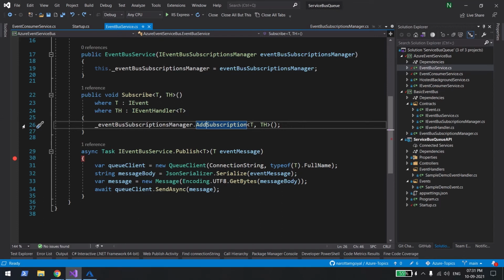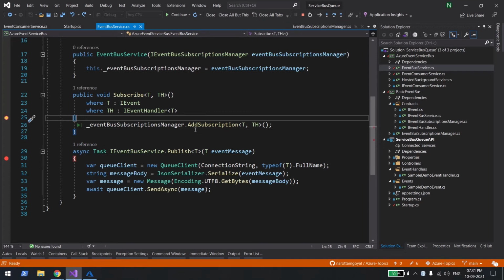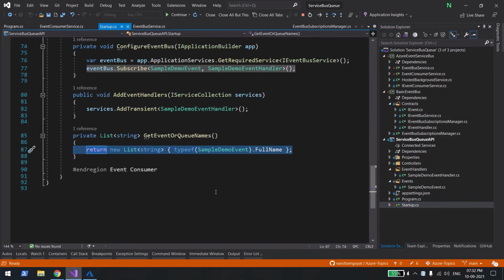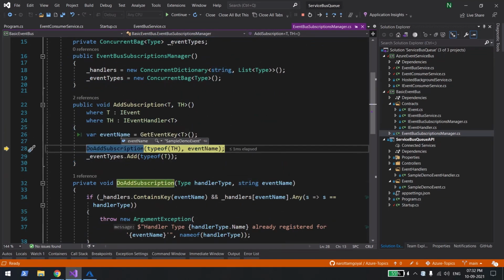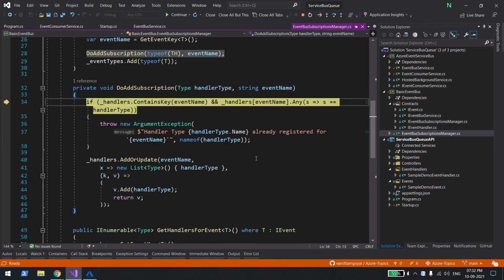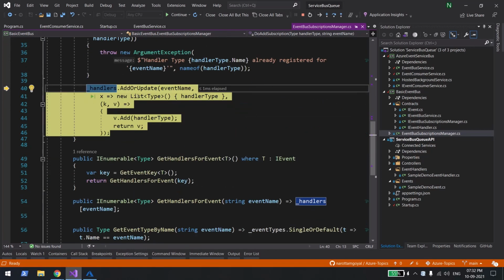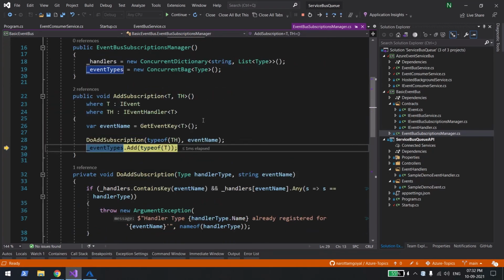So I have a subscribe method, and I think that's pretty much it. Okay, so this is the first method which is getting called, and I'm sending these things from here. If I go inside, there are two types, and the event name is, you can say, sample demo event. And then what it's actually doing is checking whether the event name is already there in this handler list or not. If it's not there, it will just add that entry, the event name and its handler type. And once that is done,